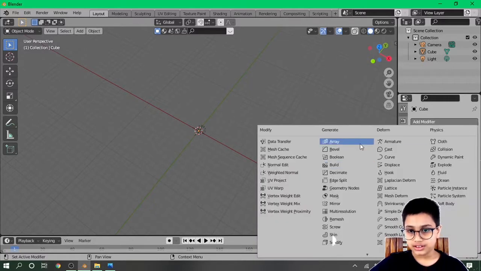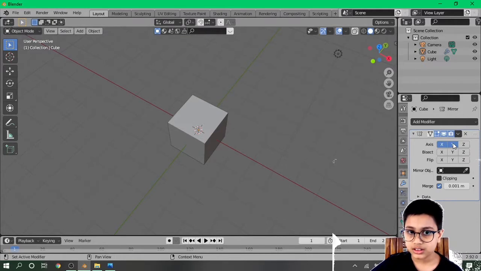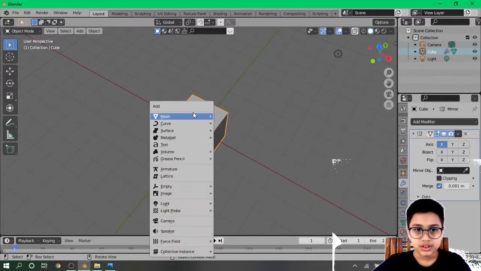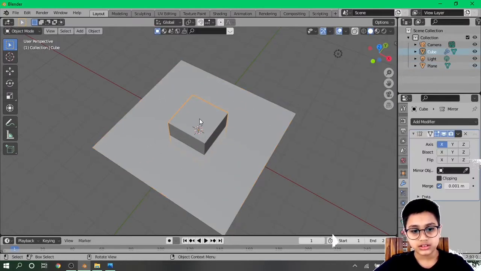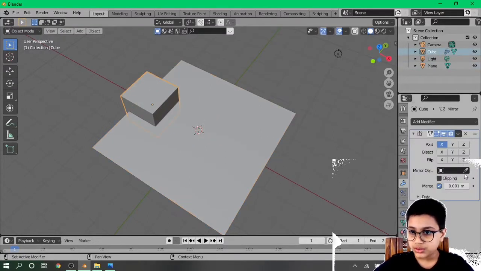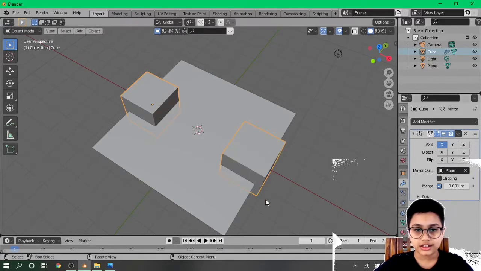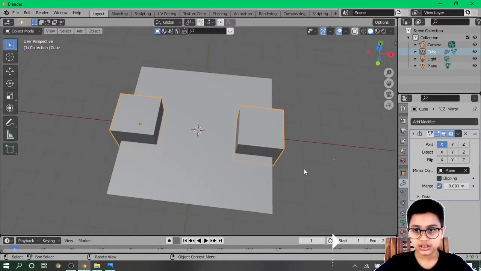Then you have the mirror modifier. If you add a plane, scale it. If you select the eyedropper and the plane, you can see that the object is mirrored.